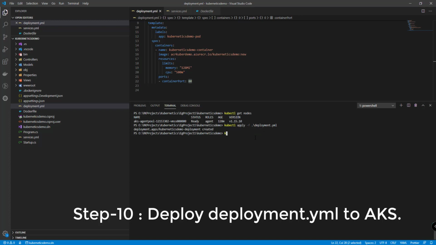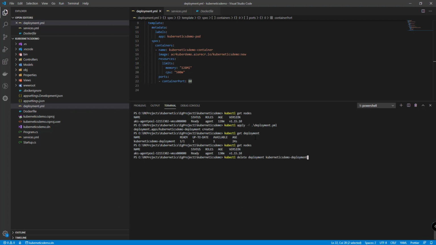Let us check, kubectl get deployment. So we got our deployment. Let us get pods. We have 1 out of 1 pods running.